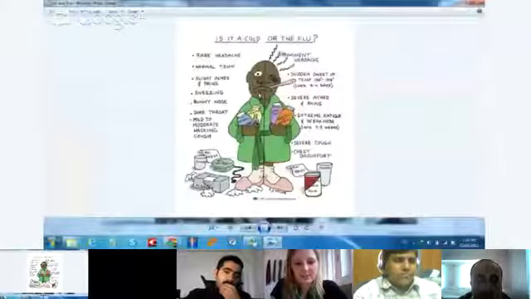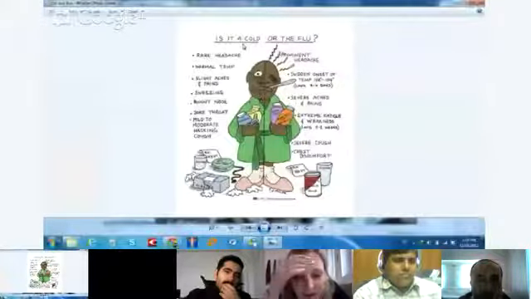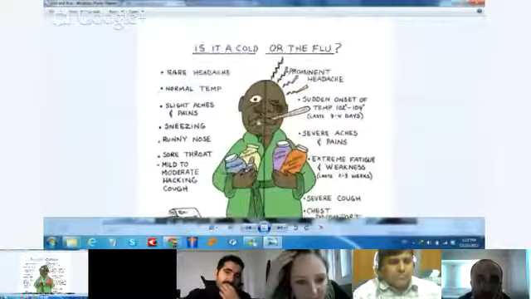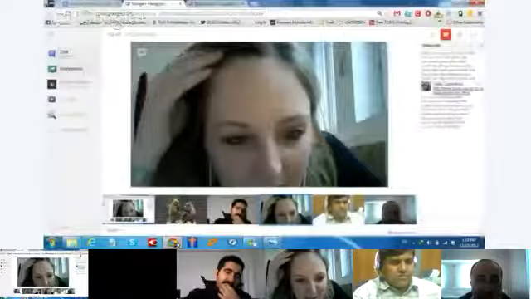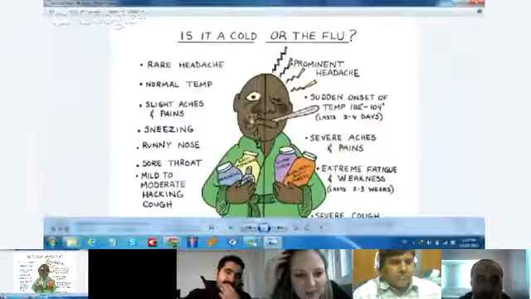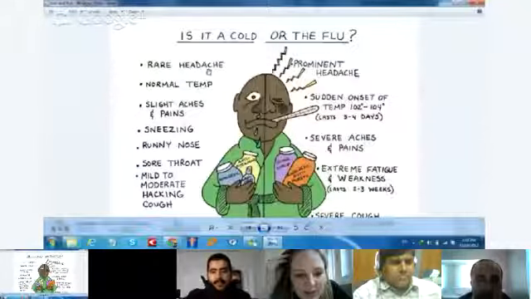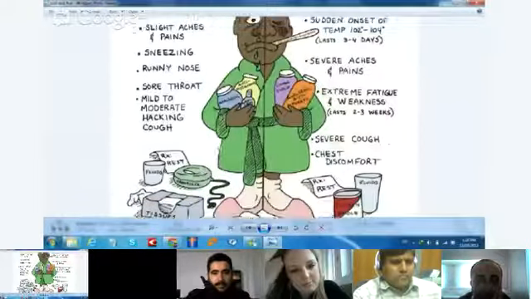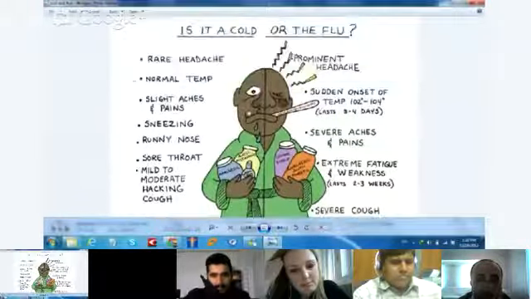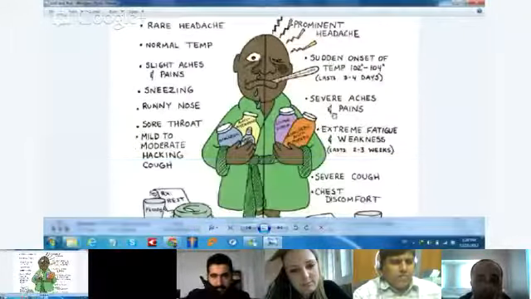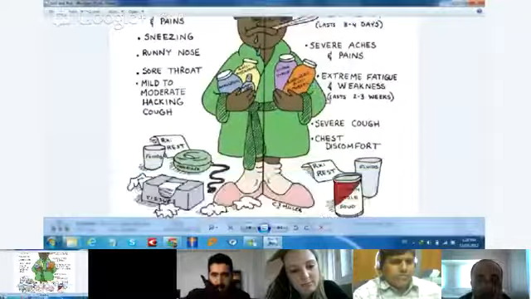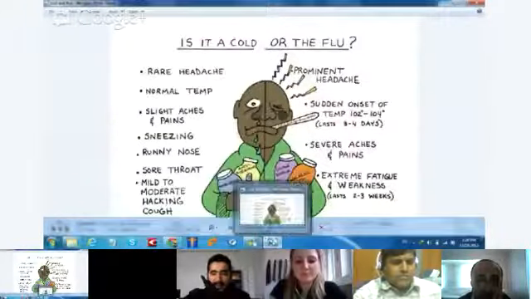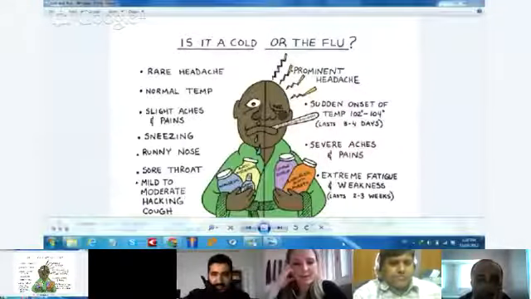This is the differences between common cold and the flu. Could you make it a little bit bigger? Like this. Oh, okay, yeah, that's really helpful. Headache in the common cold, sneezing, runny nose, sore throat, to moderate. Use analgesic, antihistamine, nasal decongestant. For the flu, use antibiotic and cough syrup. That's a great diagram. That's cool. All right. Thank you for sharing that.